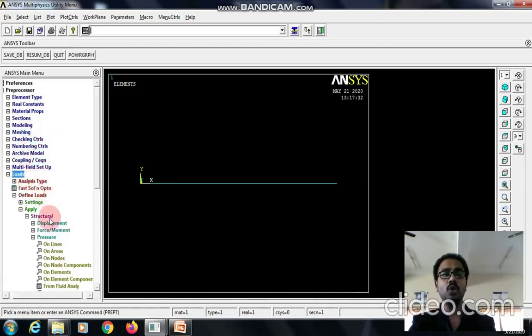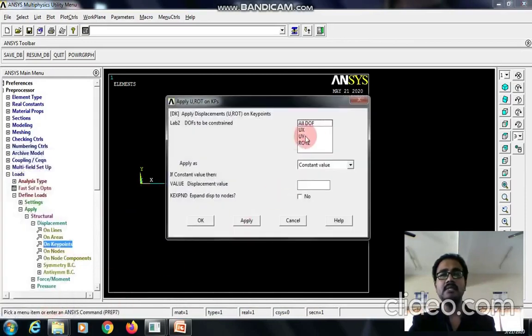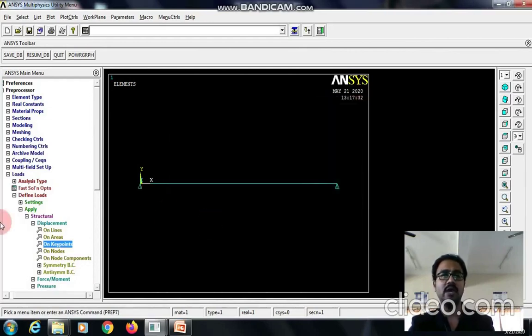We need to apply the boundary condition. For that, go to loads, structural, displacement on key points or nodes. Anything is fine, so let me define it on the key point. Let me select the first and the last one. Go to apply. Since it is a simply supported beam, I will select UY direction, which means it is fixed only in the Y direction. Give OK. Now we need to apply a point load.